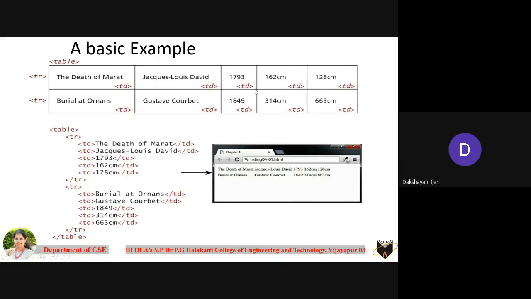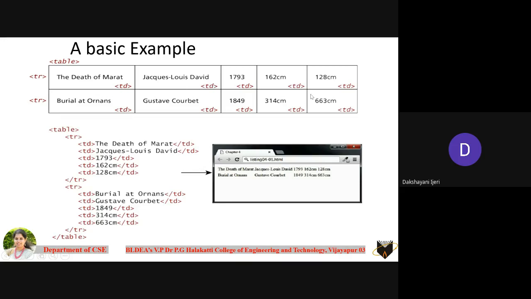The third TD element holds the third content of that first row. Similarly, 4 TD and 5 TD. So the number of TDs tells you how many entries you are going to make to that TR. Once you have completed all these entries, you need to close the TR here itself. Similarly, if you want to create one more row with a few entries, go for it. Again, take one more tr element followed by as many tds as you want, and close it.